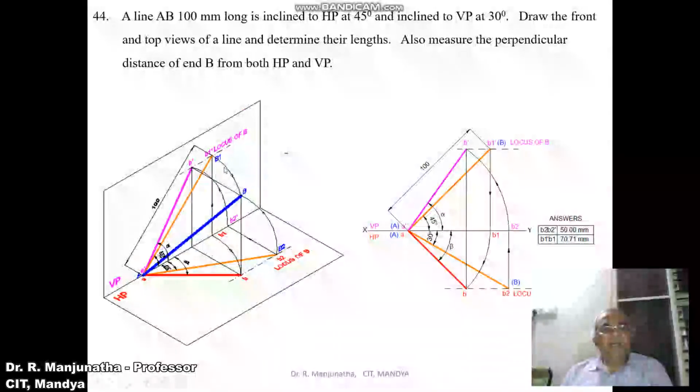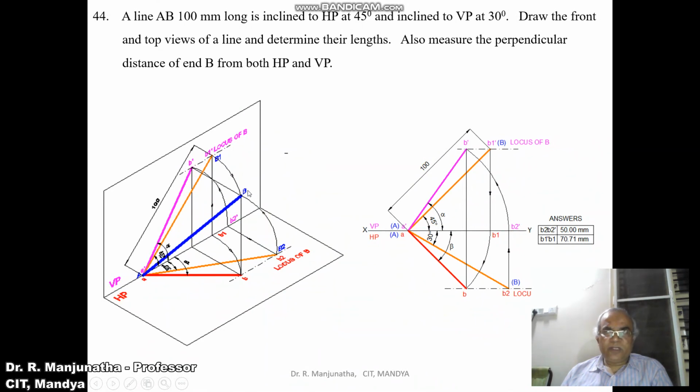So when you rotate like this, the image in HP will also be rotated. That is the one which was explained earlier. So actually we are rotating the image, but when it is in space, this is the one which is going to be rotated, so that you get this capital A and capital B in the space.